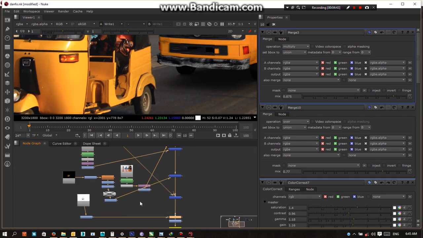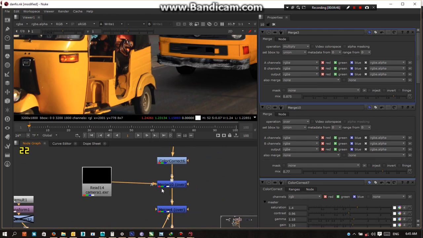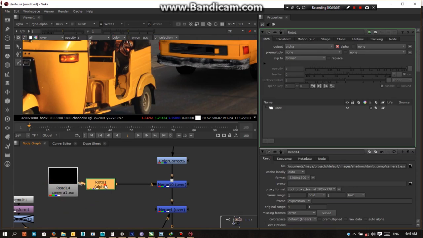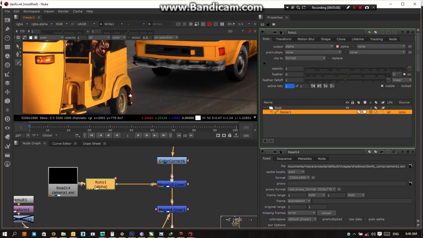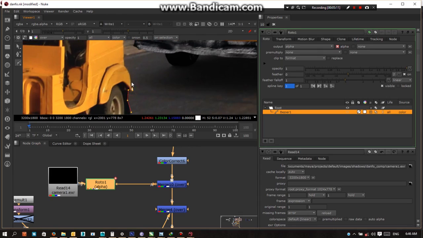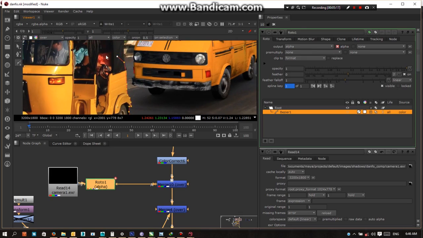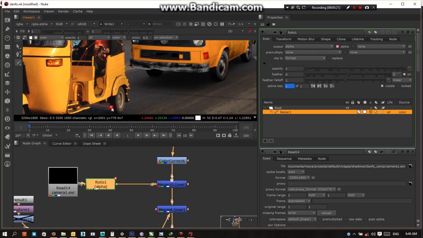So if we look at our shadow, I think there's a little bit of spill on the tricycle itself, and what we can do is to just roto that out. Roto is a way of just cutting out certain parts of your image you don't want. So if I click on a roto node and create a new roto, I can just create an outline at the outermost part of this tricycle. What I'm doing is cutting out anything I don't want. So I don't want some of these shadows to be affecting this. So when that is created,